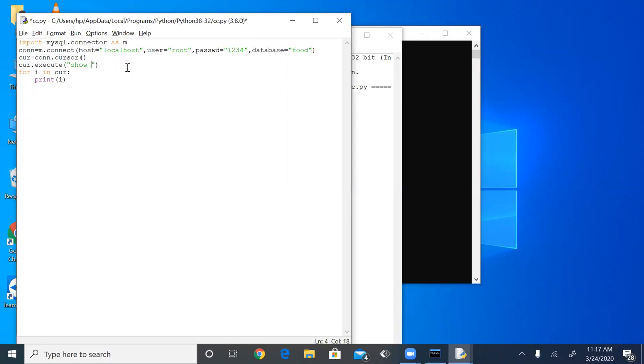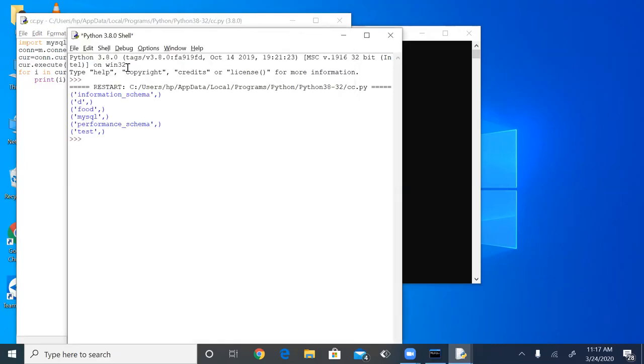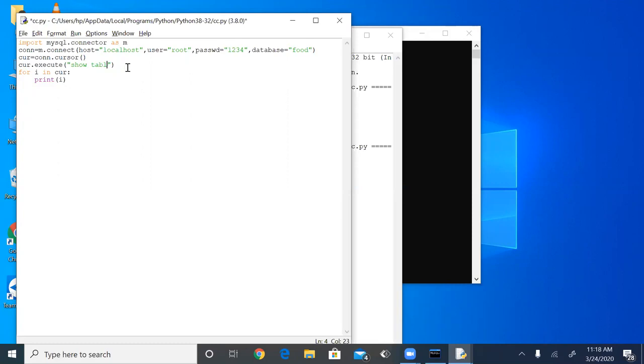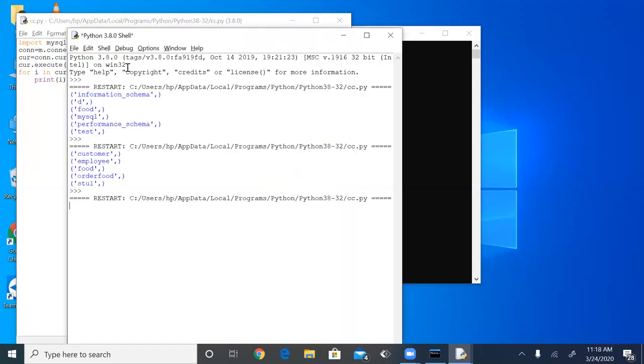After that, if we want to see how many tables already exist in this database, you can see there are 4 tables inside it. The student table is already there. If you want to see the structure of any table, suppose student1, which is already inside it, this is the structure of the table.